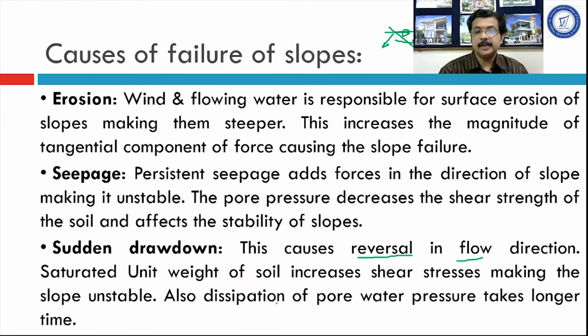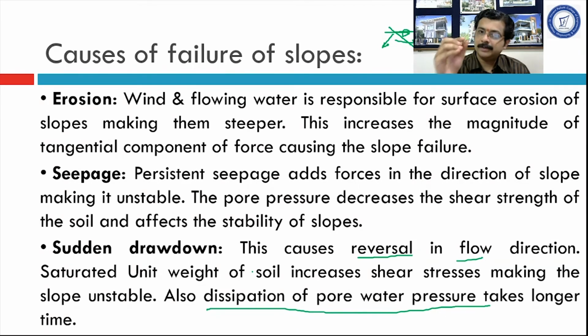Second thing which is mentioned is a dissipation of pore water pressure takes longer time. As we are aware that water will flow through the canal, and to minimize the wastage of water, the sides of the canal, they are made up of almost impervious kind of clay. Okay, so clay is almost impermeable. If that clay or soil is fully saturated and water is present in that portion of soil, it will take much more time to come out of the soil, because its permeability is very less.